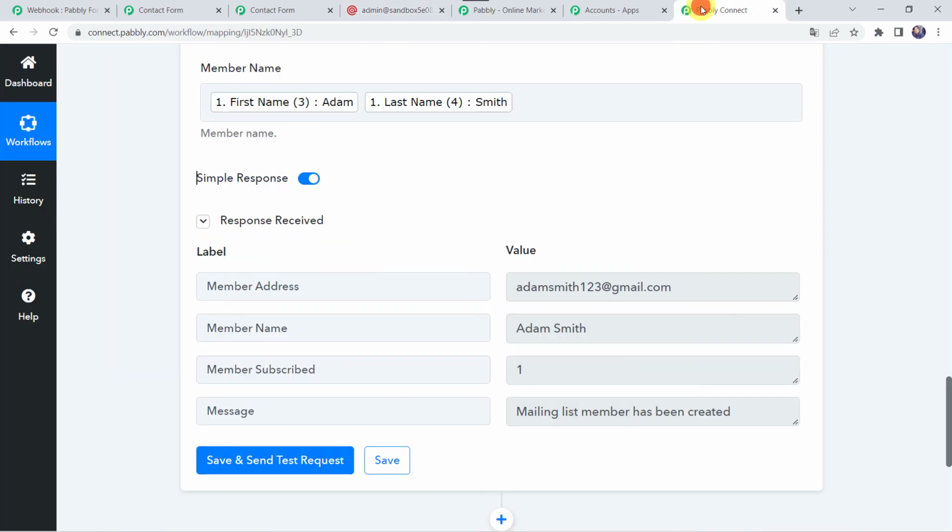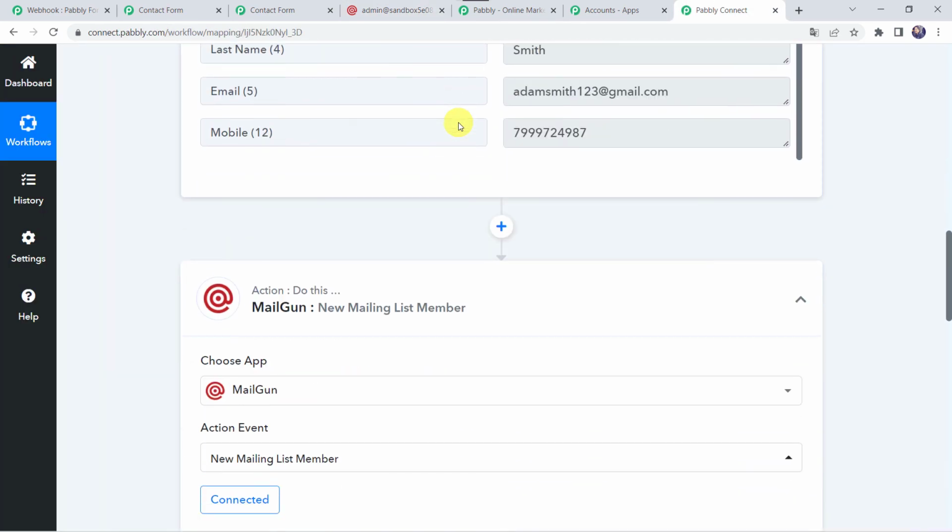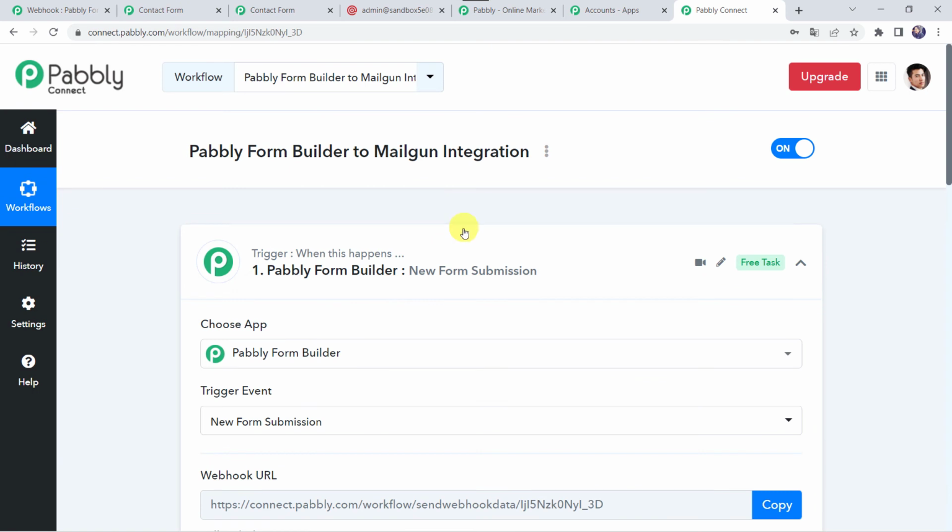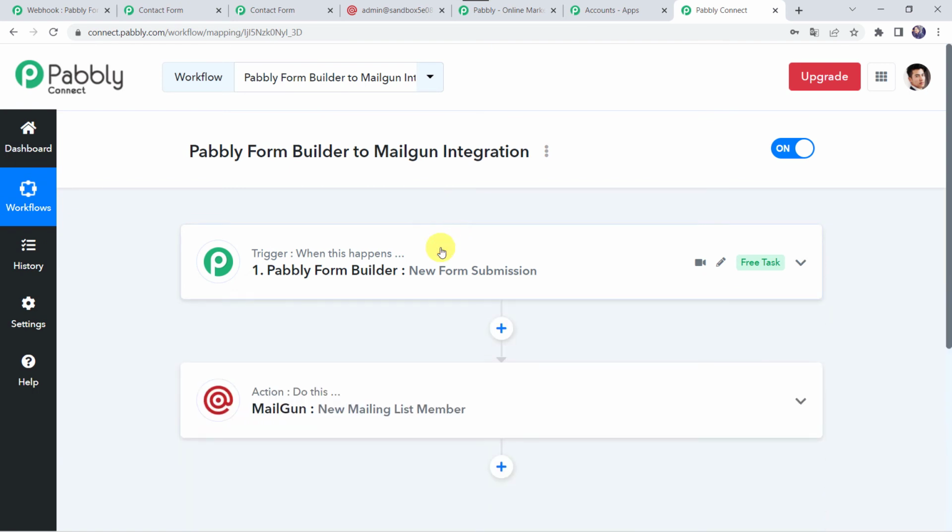So let's move back to Pabbly Connect, and I'll just minimize all these windows and let us see in a nutshell whatever we have done till now. So first we have created an integration between Pabbly Form Builder and Pabbly Connect. Then Pabbly Connect has captured all the details of the customer through the form submission, and using those details of the customer, automatically a new subscriber or a new contact was added to your Mailgun contact list or your Mailgun subscriber list. And in this way, we have created a successful integration between Pabbly Form Builder and Mailgun using Pabbly